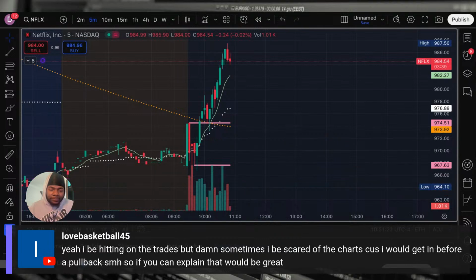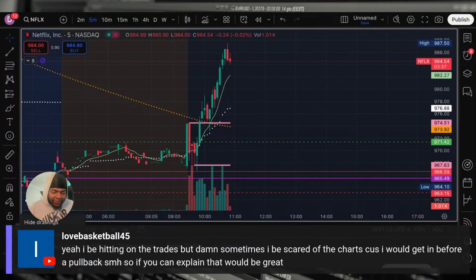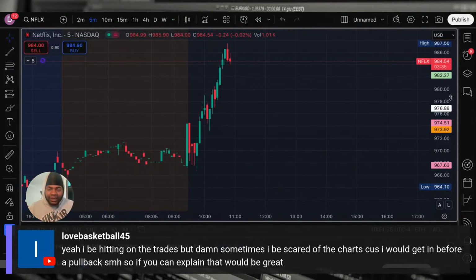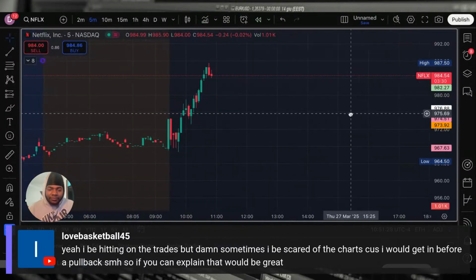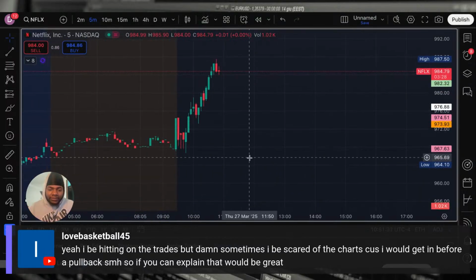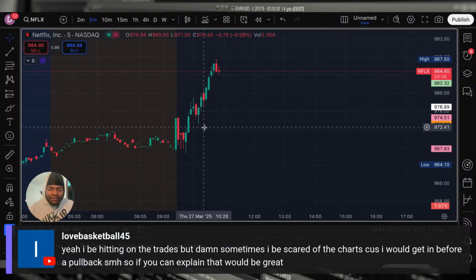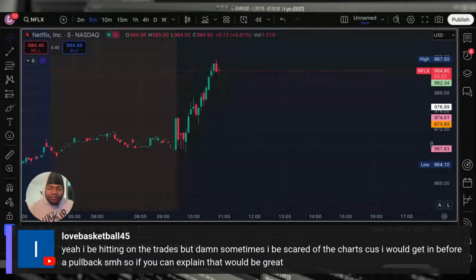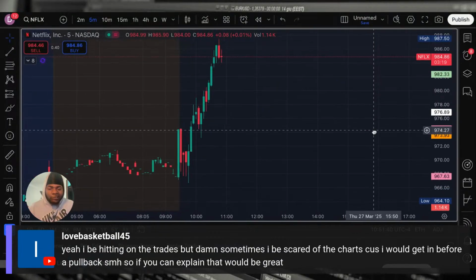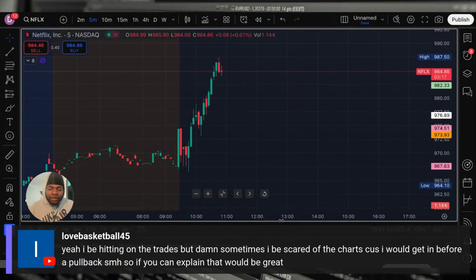And if I take all this off, right, what do you see right here? You see an uptrend and you see pullbacks. So whoever said they wanted to understand what a pullback was, here you go. Here's a prime example right here. Prime example. We're on a 5-minute chart right now.